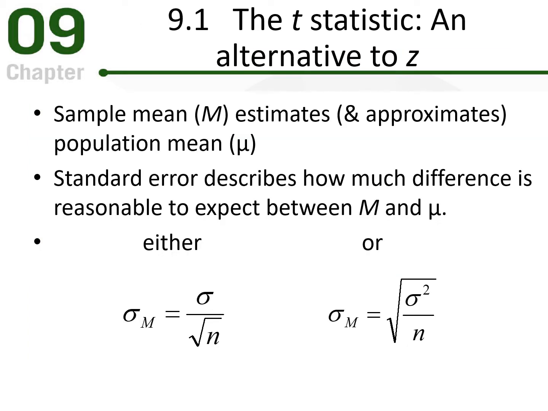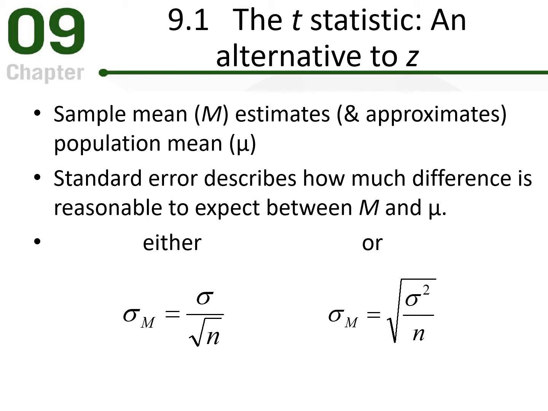So T and Z are very similar. And so once you understand the basics of hypothesis testing, that you're trying to reject the null hypothesis and support the alternative or research hypothesis, then it doesn't matter what actual inferential test you use, whether it's Z or T. The main difference with T compared to the Z test that we've done previously is that in the Z